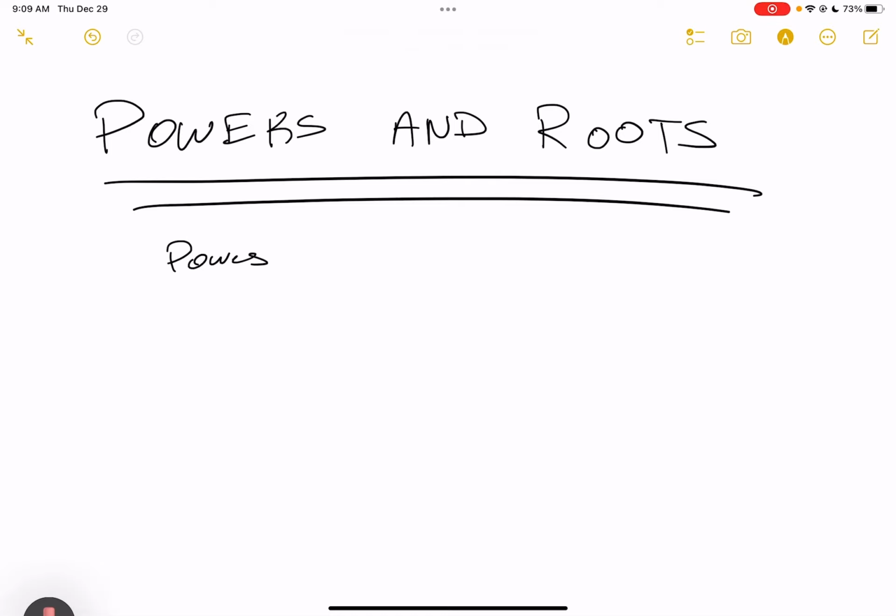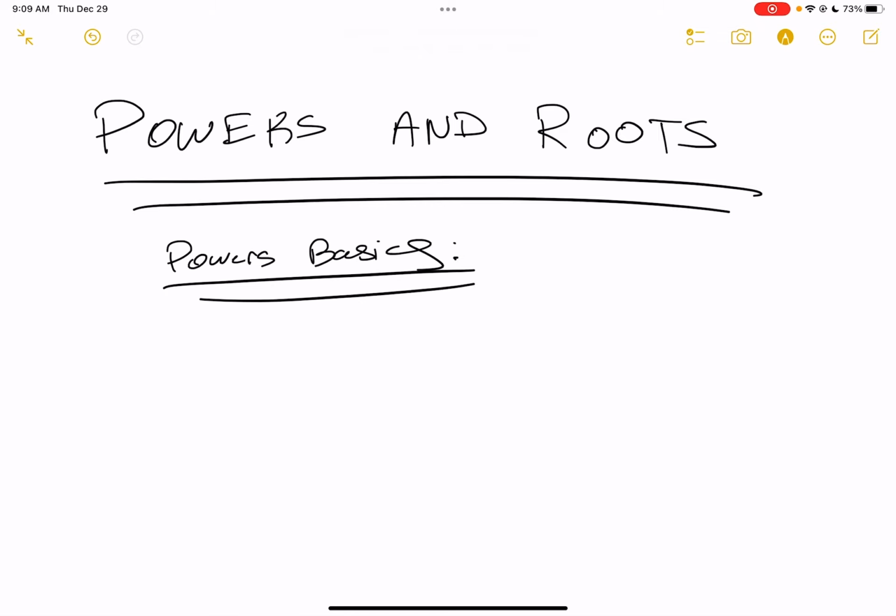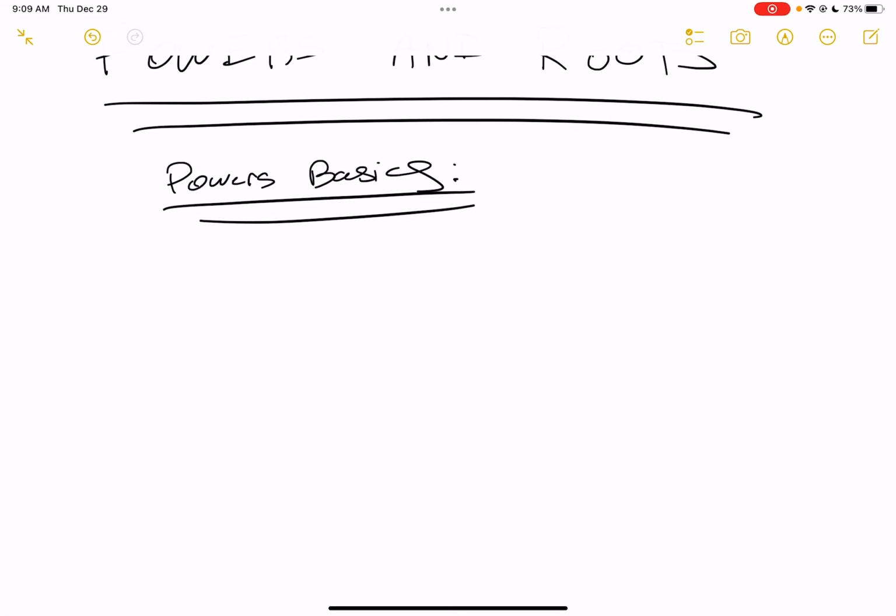powers, not POWs, powers basics. We're going to go through this as slowly as possible without just throwing a million rules at you at once. But in that process, we do kind of need to explain some definitions that might be a bit overwhelming, but do follow along. So here, I want to start off with the most basic of definitions, that a power